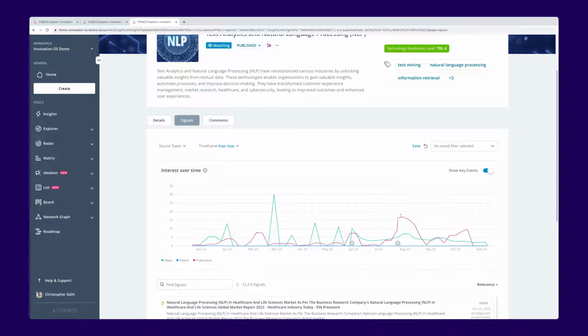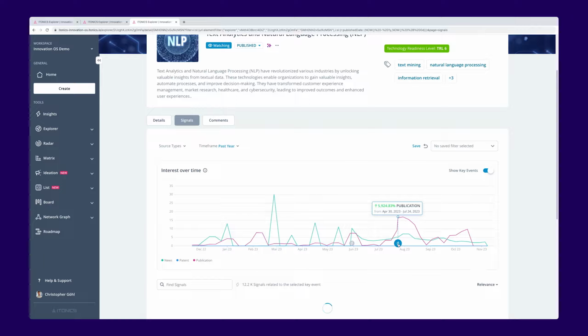And these key events will show me automatically certain spikes or certain increases or decreases that are out of the ordinary when it comes to the overall signals accumulation for this particular technology element, in this case, over the last year. And as soon as I've allowed the system to send me notifications, I, as someone interested in receiving more information on these changes and whether a lot more publications are coming in, whether a lot more news articles are being tied to this particular topic, will